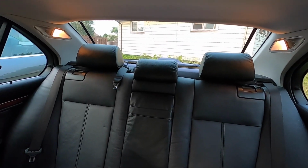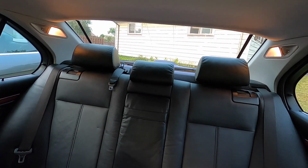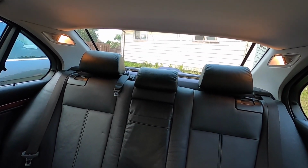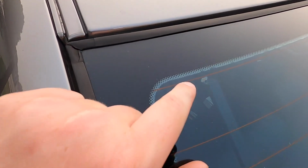the supports for the rear power sunshade. This car does have the rear power sunshade. It was an original option, and it broke up. And so instead of fixing it, the previous owner cut the screen out and left the posts. So normally that wouldn't be a huge deal, but if you can see right there